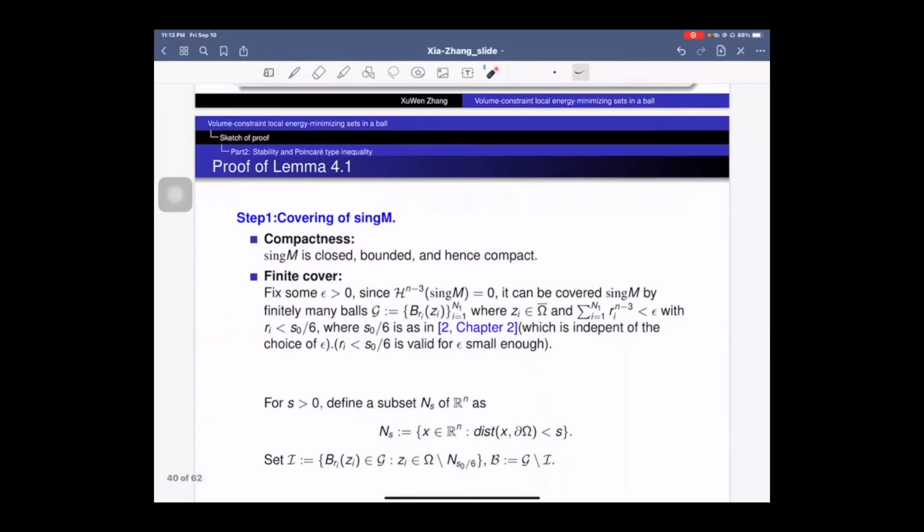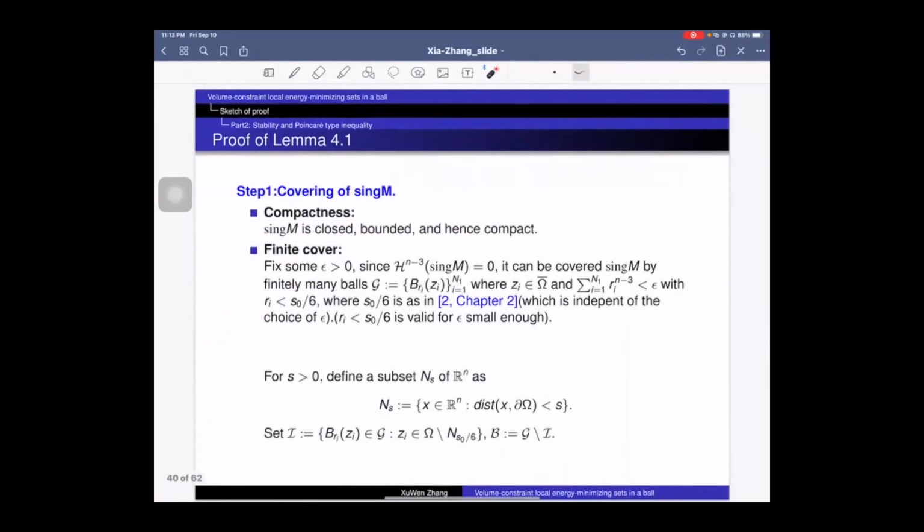And now we can start our proof. First, since the singular part of M is closed and apparently bounded, it is compact. By the fact that the singular set of M has Hausdorff dimension at most n-3, we can use the definition of Hausdorff dimension, and notice that since the singular part of M is compact, we can cover it by finitely many balls,